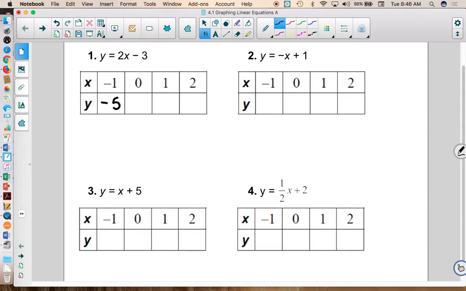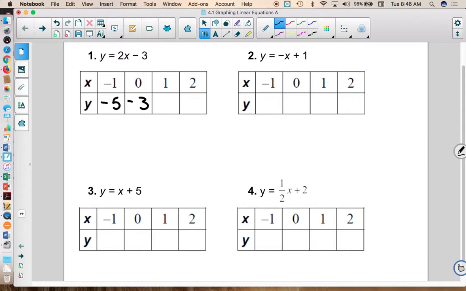Do we subtract? We add the opposite. So -2 plus -3 is -5. If x is 0, y is, what's it going to be, G? -3. If x is 1, y is,